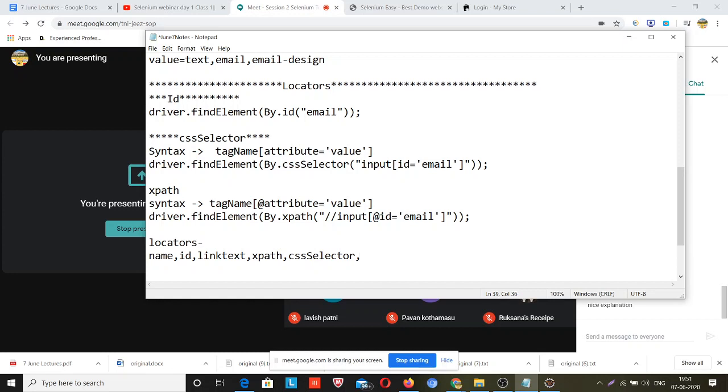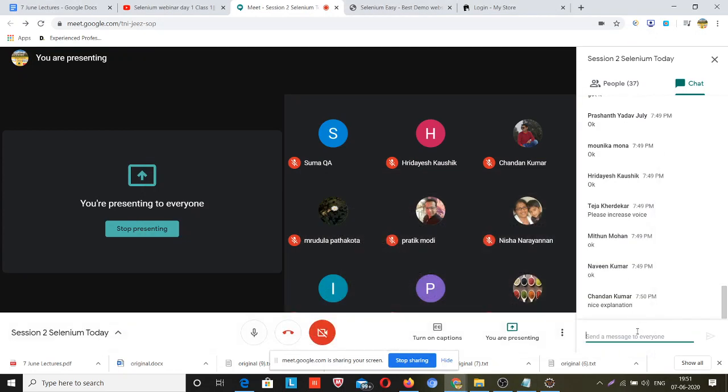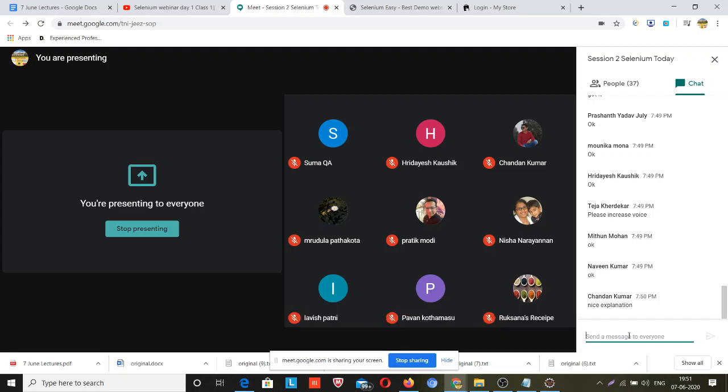Okay guys, and several more locators are present, like class name. So these are the locators, and using these locators you can reach web elements.